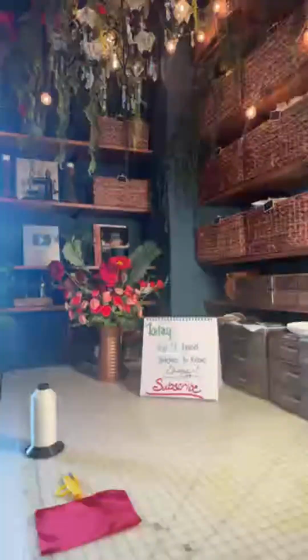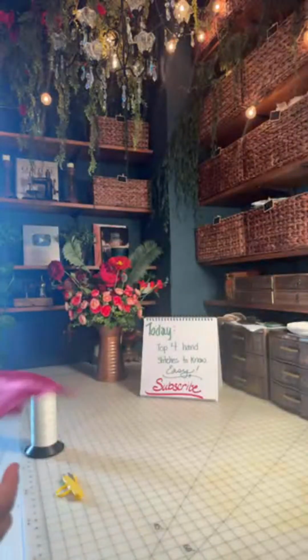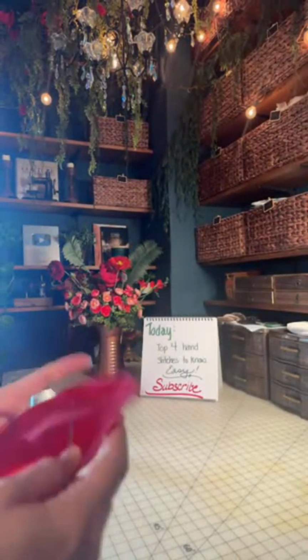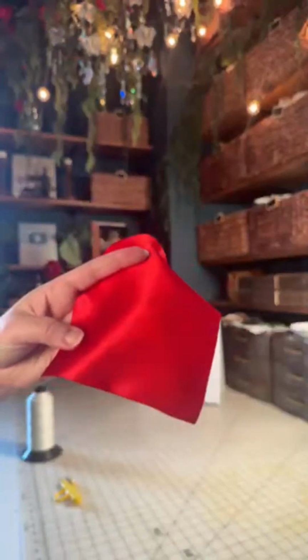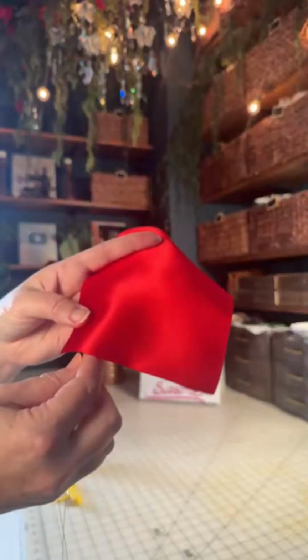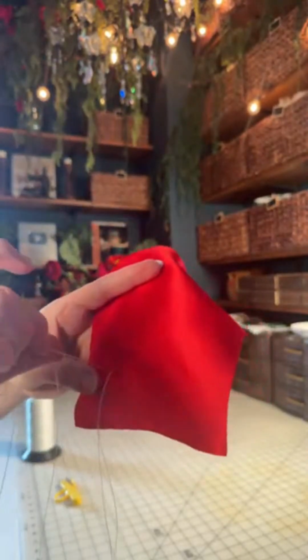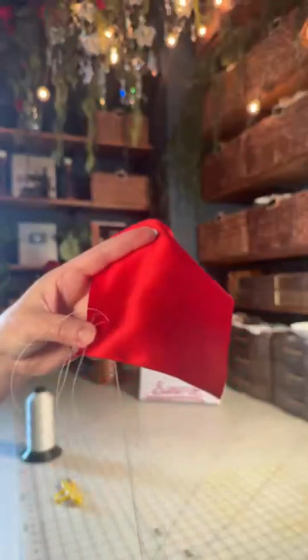All right. So there's the knot. But let's talk about the top 4 hand stitches you need to know and that they're very easy. The first one is the easiest of all, okay? And then we'll work our way up. I'm gonna start by putting this knot through here. And the best way to lock your knot is to go back like this,